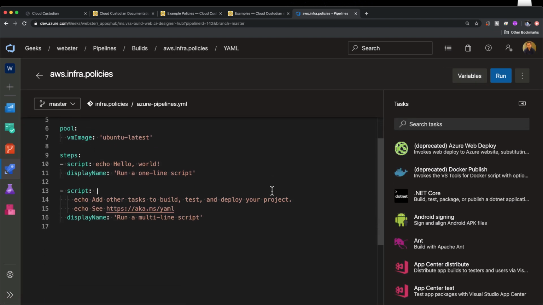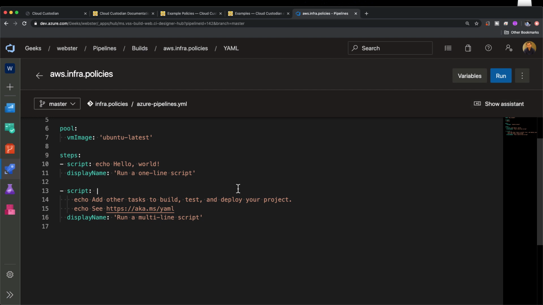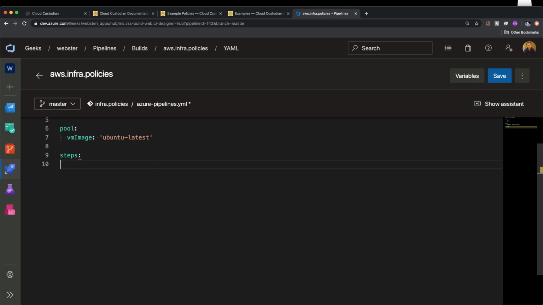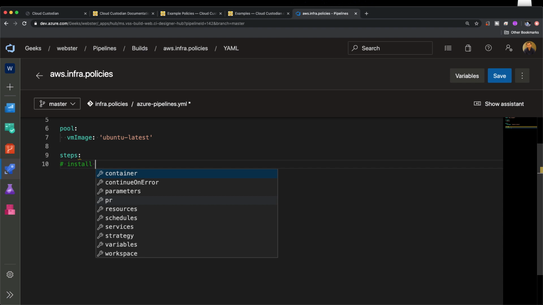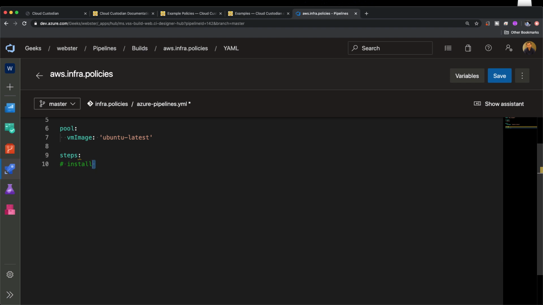Okay, so I'm going to remove the default steps that came in with the out-of-box template, and let's just write some pseudo steps on what we think the flow within the pipeline should look like. Now, because we're using Python here, we need to make sure that we can configure this pipeline to first set a version of the Python